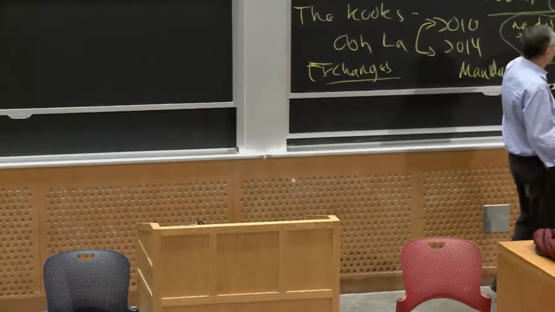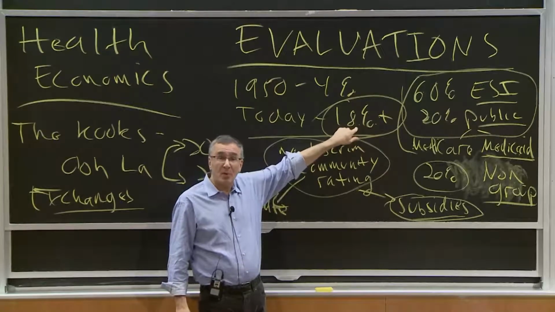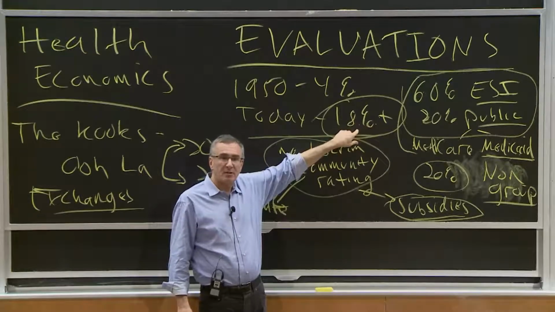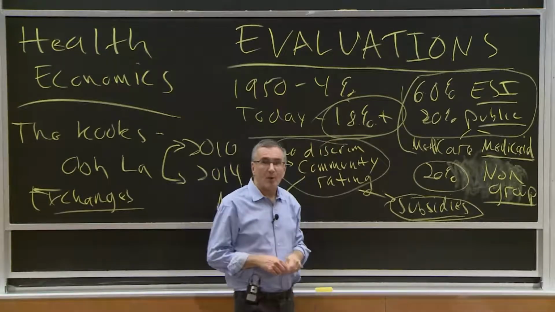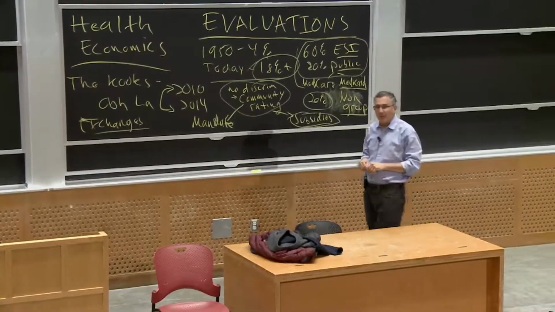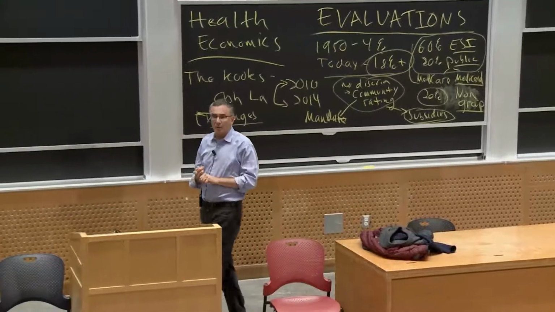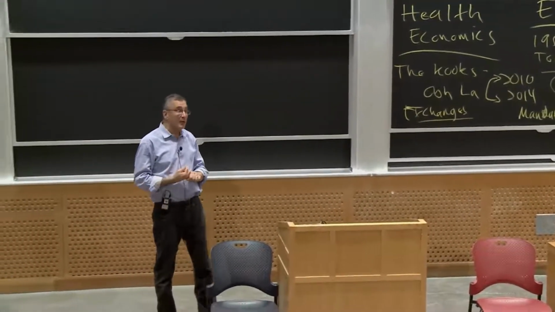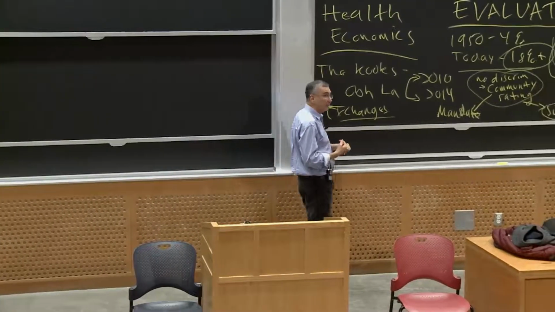Let me be clear. This 18% number we can afford. We can afford to spend 18% of GDP on healthcare in the US. The projection is by the end of the century, this number is 40%. We cannot afford that. Something has to give. We are going to have to take steps. I like to say there's only two things in the world that really matter for the long run, which is global warming and healthcare costs, because either way you're underwater. Okay? We cannot as a nation afford to spend 40% of our GDP on healthcare. Something's going to have to give.